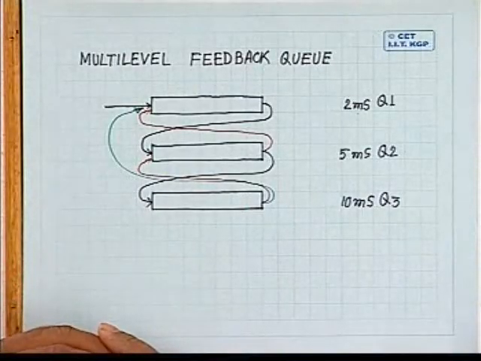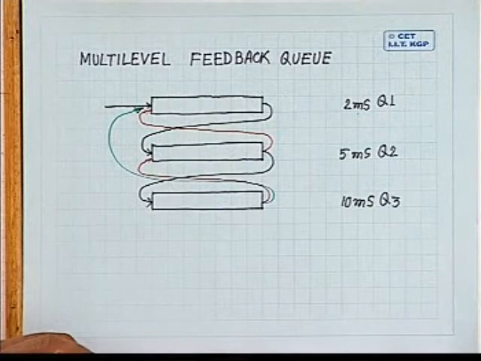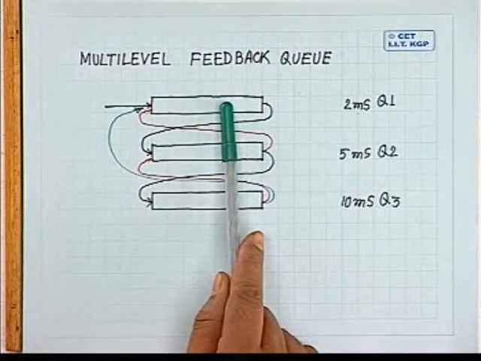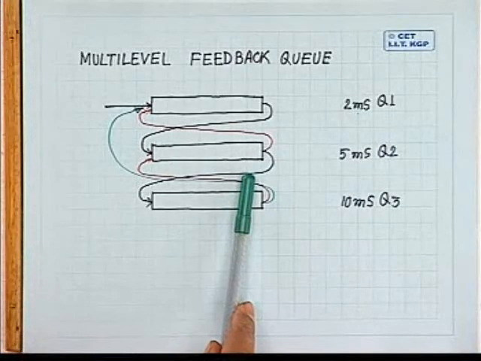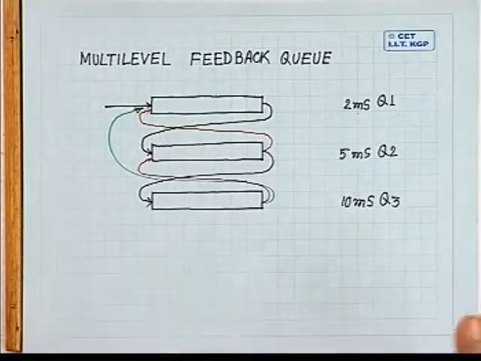No, if it is 3.5, it should remain in queue number 2. But I have already done 2 milliseconds amount of work. That is for the current CPU burst. What about the next CPU burst? That is 1.5. That is not the next CPU burst. That is the remaining time of the current CPU burst. The CPU burst is 3.5, out of which 2 milliseconds has been executed in queue number 1. For the remaining 1.5 milliseconds of that CPU burst, it will be executed in queue number 2. But the future CPU bursts will get proper attention. We assume that the CPU bursts are uniformly placed. They are of the same nature, at least over a short interval, over a short period.